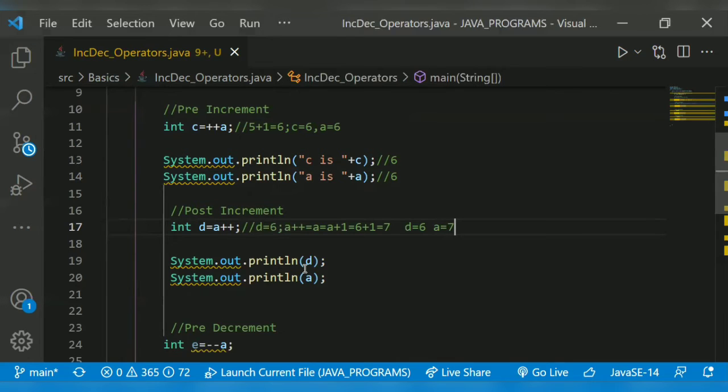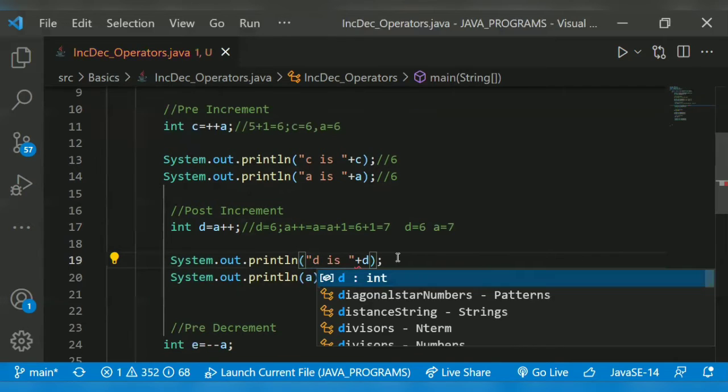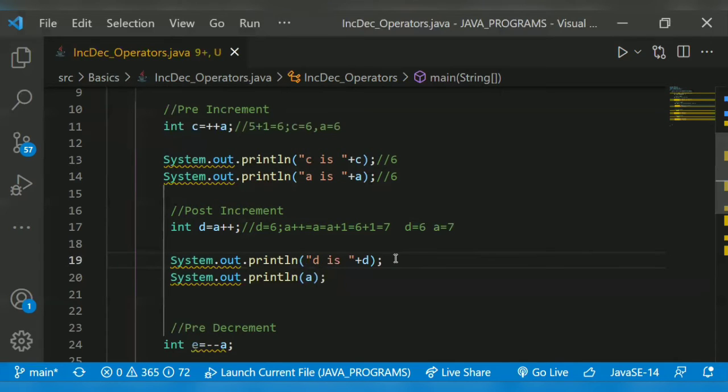So here d value is 6, then a value is 7.